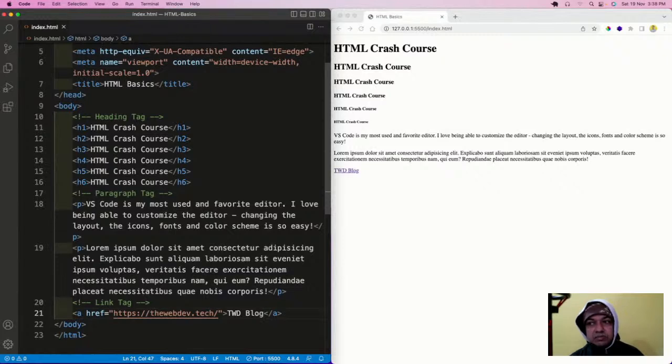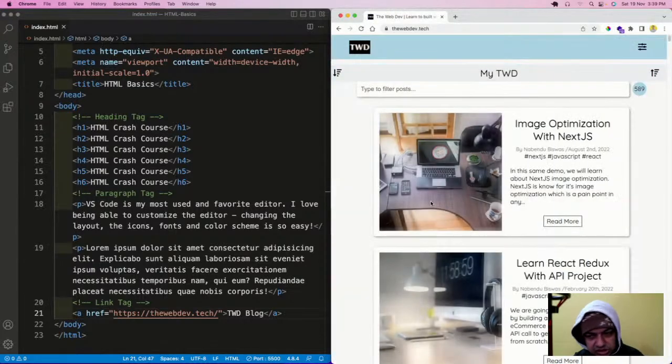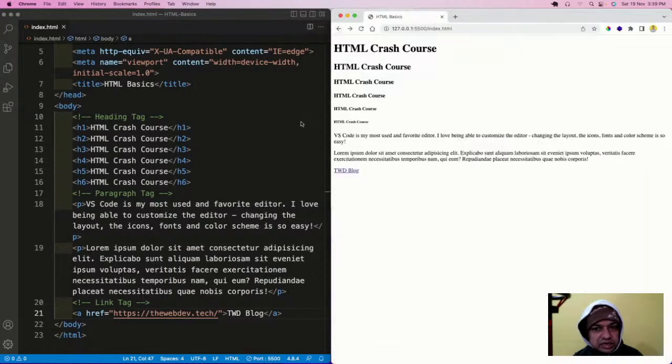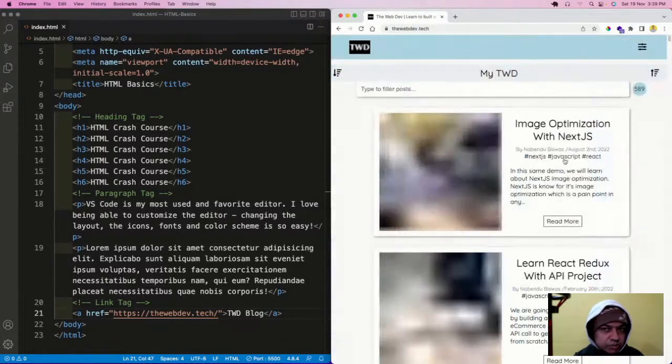twd blog, it will come like this, and if I click here, see what will happen, it will open it. This link tag you might have seen a lot. It will open at this place only. This is my blogging site, so the link tag will open in this site only. This is the anchor tag which you all might have seen. In the href you have to give something, but you might have noticed something: when I'm clicking it, it is opening in the same tab.